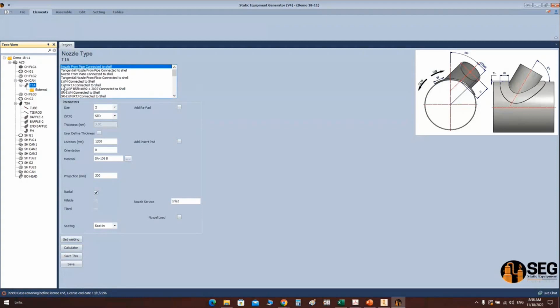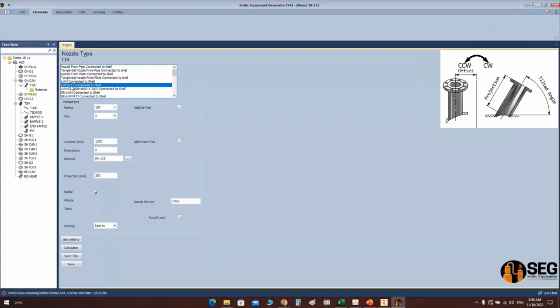In our case here, we have a long weld neck with RTJ facing. So from here, let's select this type and select the rating of this flange, select the size, and define the location, the orientation, define the material of this element, define the service of this nozzle as an inlet nozzle, and